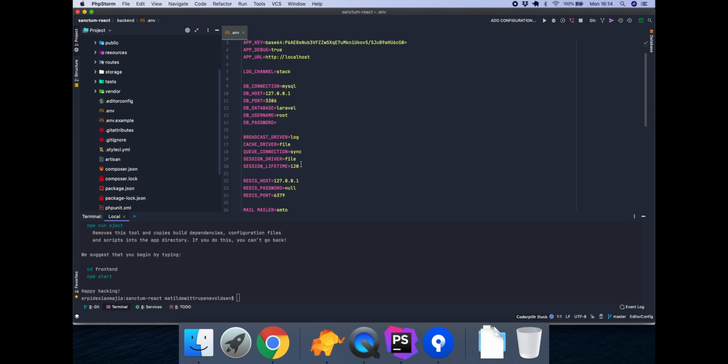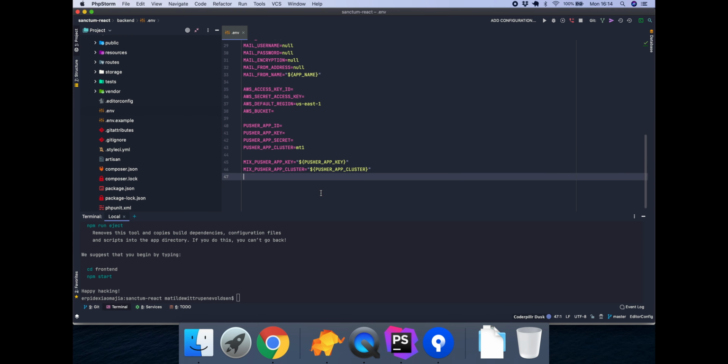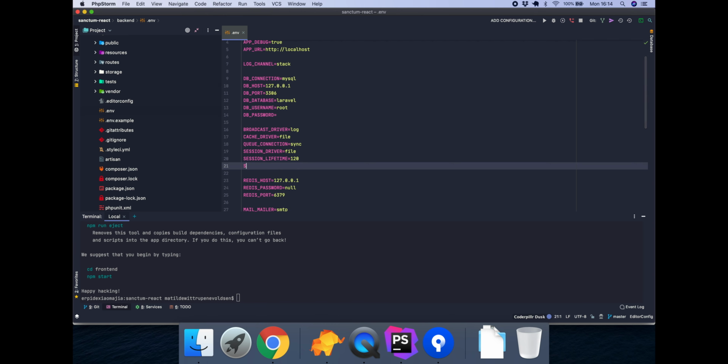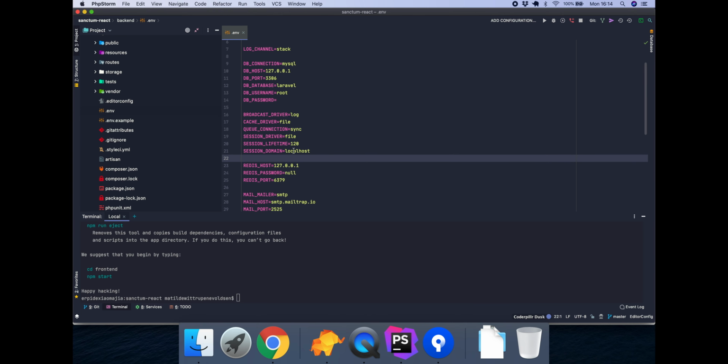Inside the env file, we actually don't need to use any of this in here except for one configuration, and that's basically we need to allow it to only use the session domain, and in this case we only want to whitelist localhost. So you can whitelist localhost, or maybe on your deployment you can whitelist something like your domain name, whatever fits you. So if you go in and just write localhost here,